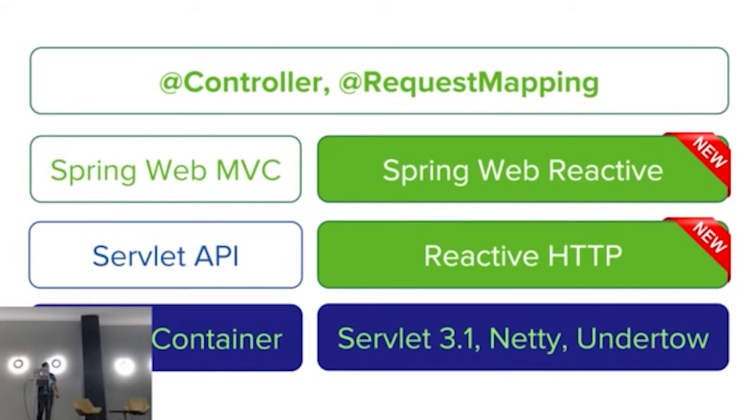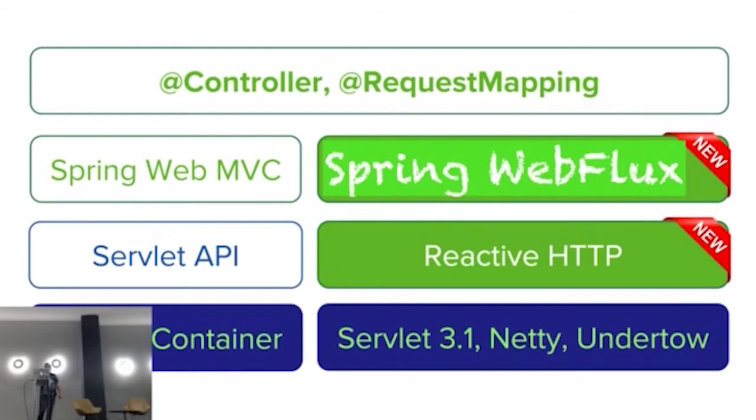Now here's why we think it's so important, why Jürgen and the Spring team thinks it's so important: this is the biggest overhaul in a very long time to Spring Framework. And so what we're seeing here is we have side-by-side components, right? So we had Spring Web MVC, and side-by-side we're going to support what is now called Spring WebFlux, which is the reactive version of Spring Web MVC, right? So we'll be able to use both of those. Now they're going to share a set of libraries, but they are 2 separate implementations. So we have our servlet API for Web MVC, and then for WebFlux, we have now reactive HTTP, which is going to sit on top of